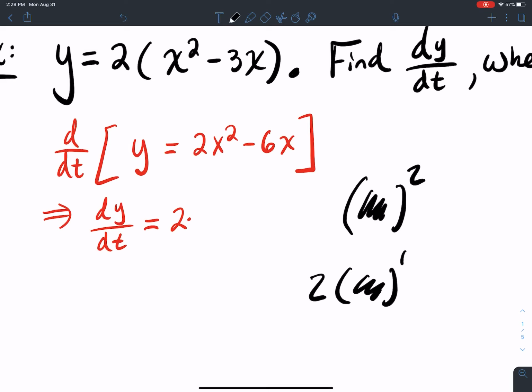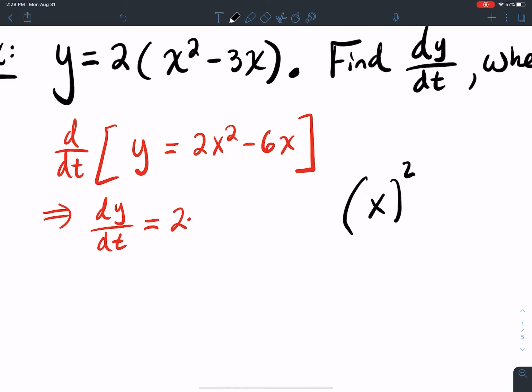I subtract 1 from the exponent, and then I take the derivative with respect to t of the something inside there. That something inside happens to be x. So this becomes 2x raised to the 1 times the derivative of x with respect to t,